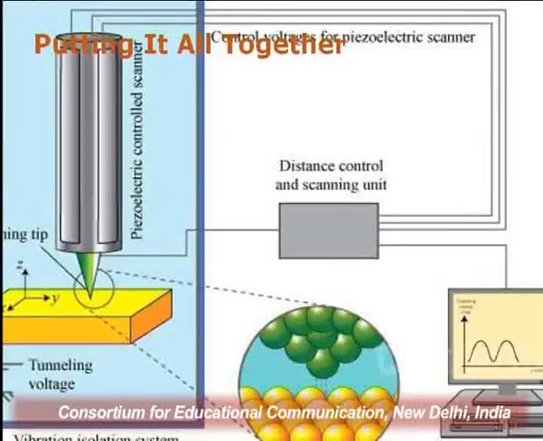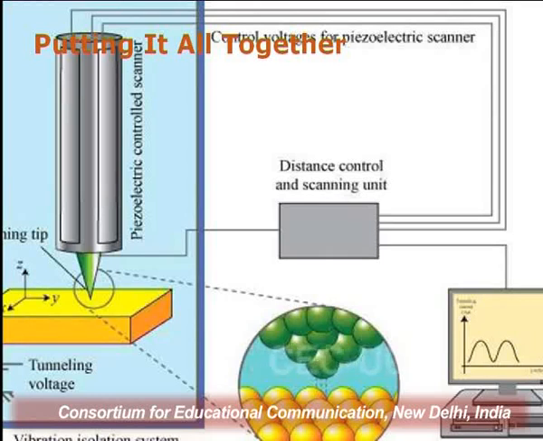Now you see on the left hand side there is a piezoelectric scanner, and the tip is attached to this piezoelectric scanner, and this tip is just in contact with the surface of the sample. In the inset you are seeing a broad diagram. It is not touching. There is a distance between the tip and the surface. You are seeing that at the tip we have the last single atom, and this single atom is scanning the single atom of the crystal.